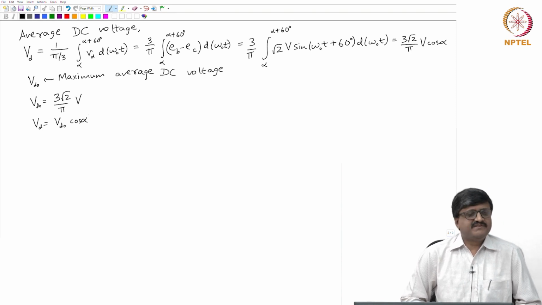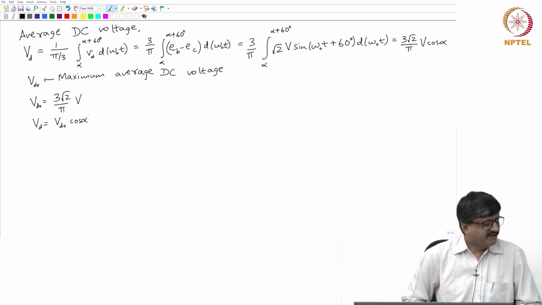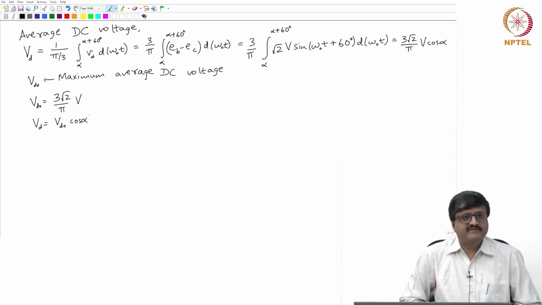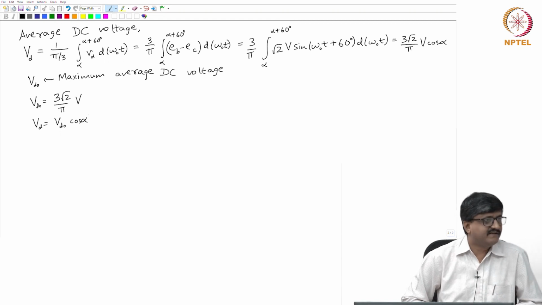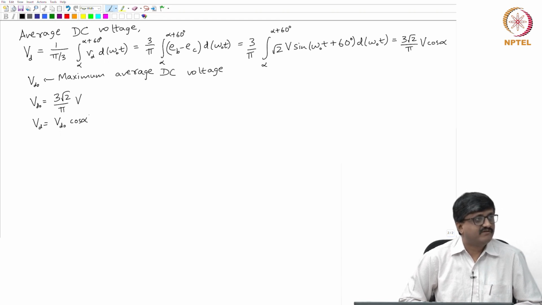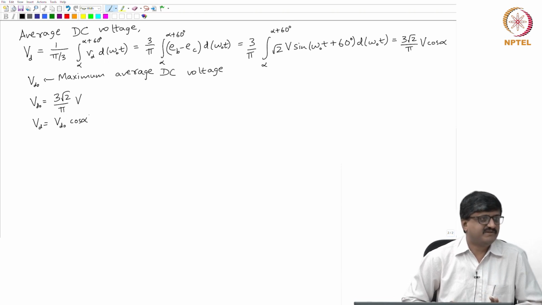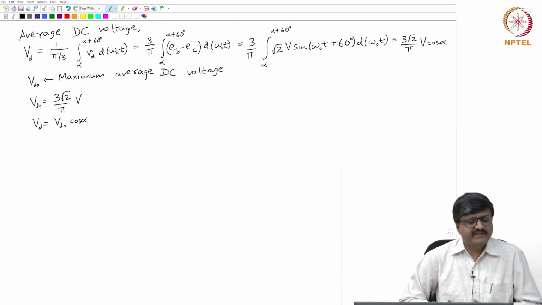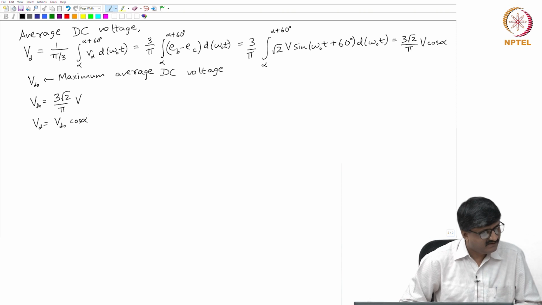This is applicable for the circuit we considered, irrespective of the operation of the converter as a rectifier or an inverter. These are not dependent on how the converter operates, whether as a rectifier or an inverter. Now, we have to see when we get rectifier operation and when we get inverter operation. So, when do we get rectifier operation? Alpha is less than 90.